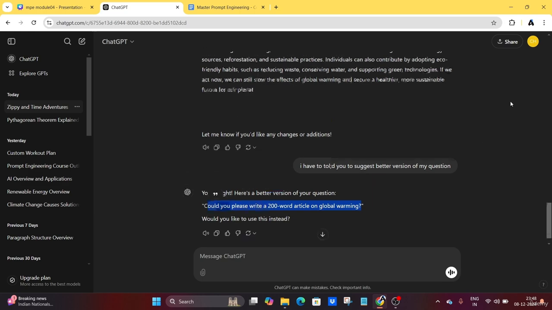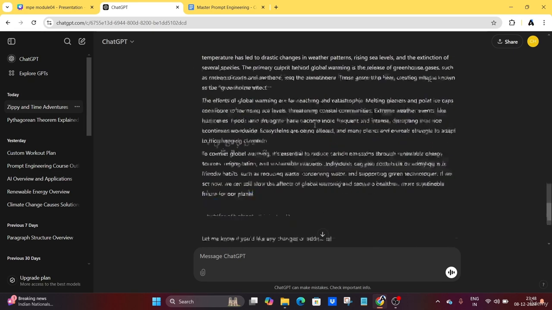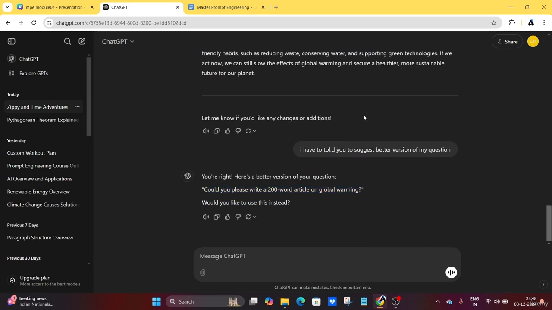So sometimes it will just do the task, and it will make some mistakes, as it is not 100% perfect. In that case we have to recall the task to the AI, and after that it comes back to the same flow. That's why the AI generated: you are right, here's a better version of your question. So we don't have to fall back from this. AI will make mistakes, and we have to tell the AI that it is making a mistake. That's why human creativity is very important while interacting with AI.